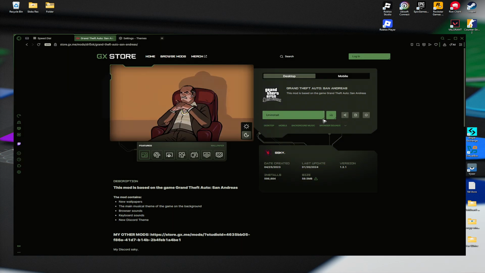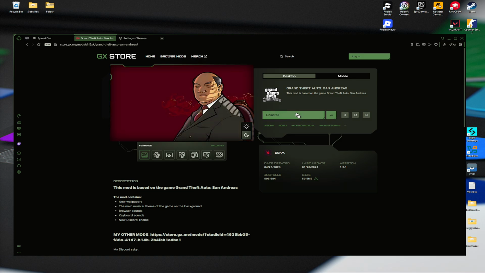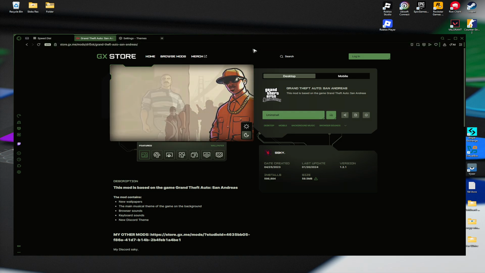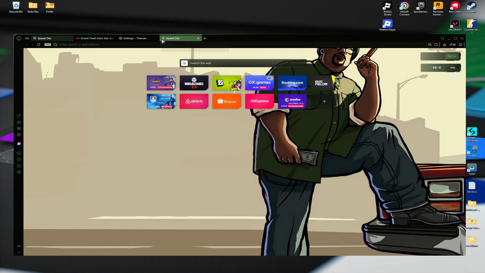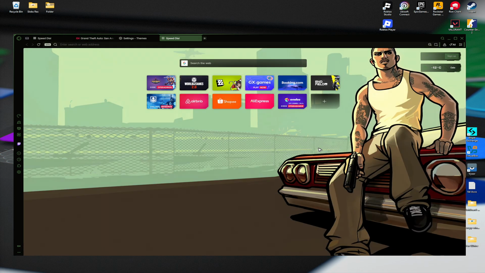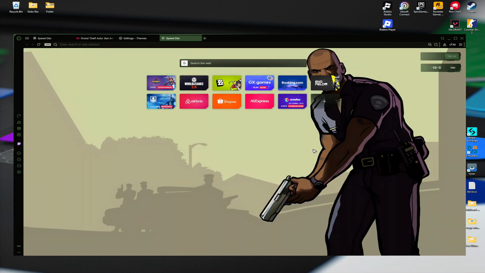As you can see here, as fast as that, our background as well as the color palette has been changed. You can go ahead and test it out, open up a new tab, and here we have it. And that's how easy it is to change the